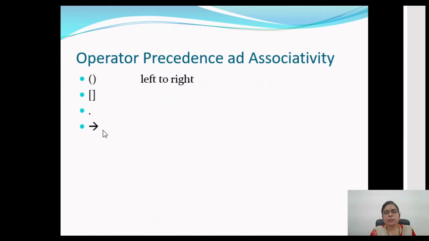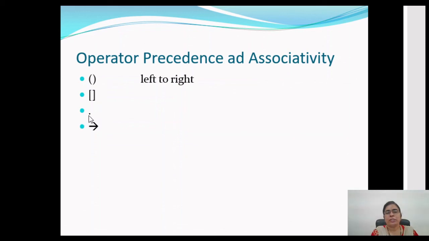The operators that are shown in the slide first have more precedence than the operators that come later. So the utmost priority operators we have are the bracket operator and the square bracket operator. These operators are related to arrays, and this is just to combine the expression. We have not studied it explicitly, but these are the operators with utmost priority.